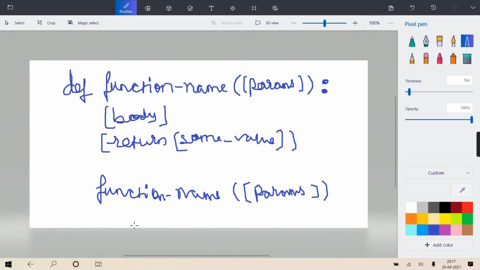So these are formals and these are actual. And if it returns something, you can collect it in a variable. That is the optional part. Collecting in a variable is not mandatory.